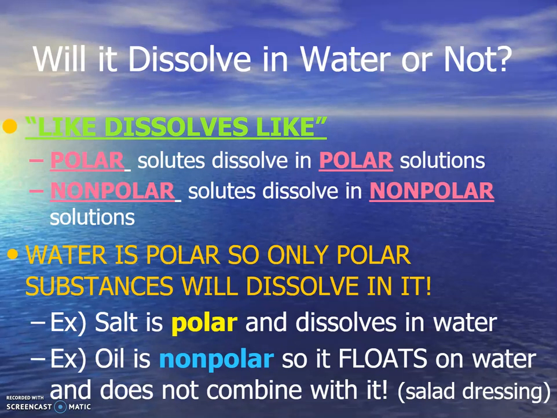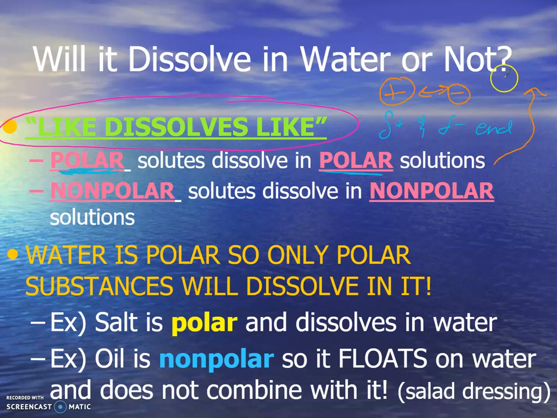So, how are we going to know if things mix and things don't? Well, it's through this very famous chemistry proverb, like dissolves like. Not a proverb, but it's pretty much seen as one of the most common things that we do know. Polar solutes will dissolve polar substances. Polar means that there is a partial positive and a partial negative end. So if it has a positive and a negative end, that means that they can attract one another and therefore pull it into solution. Hence our piranhas,